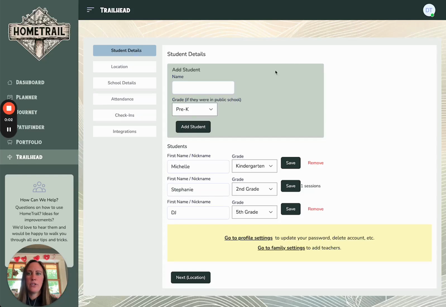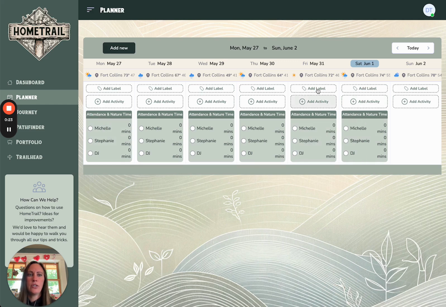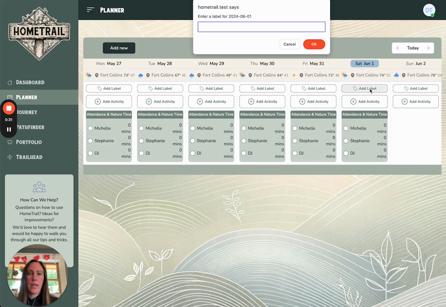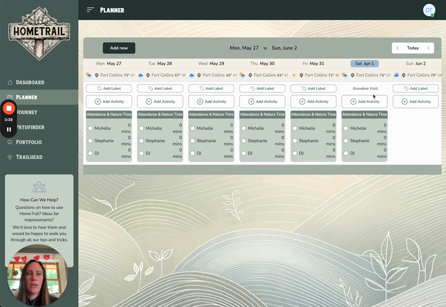Okay, so I have just finished my onboarding here, and I'm going to walk you through how to get started a little bit and how we are currently using HomeTrail in our family. So first, if you are a planner person and you want to jump over to Planner, it should look similar to this. I add a label and Grandma is visiting, so I'm going to just put that as our header